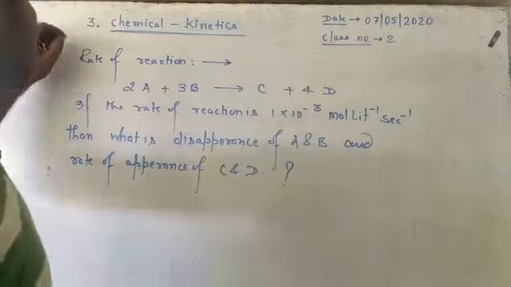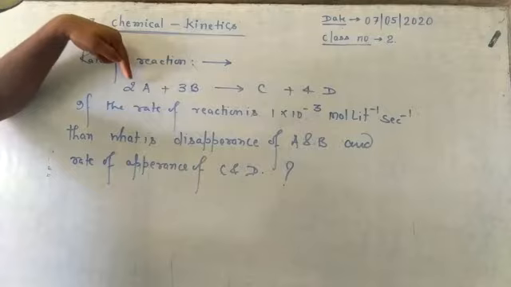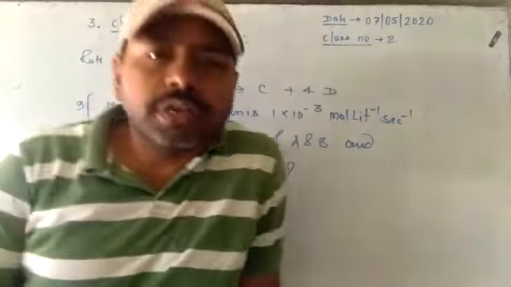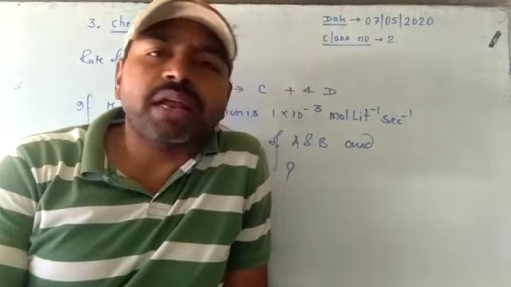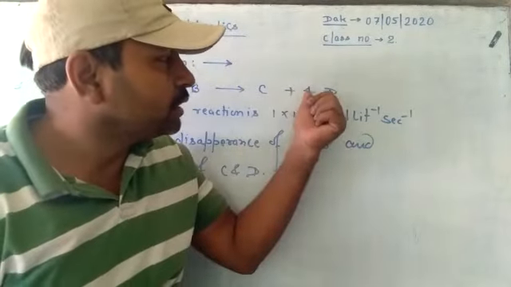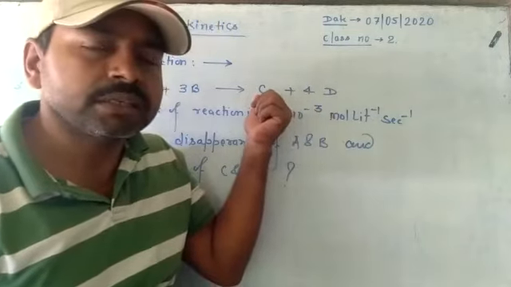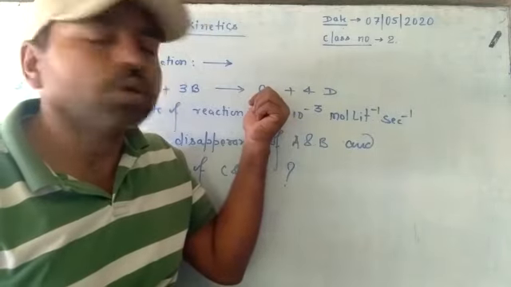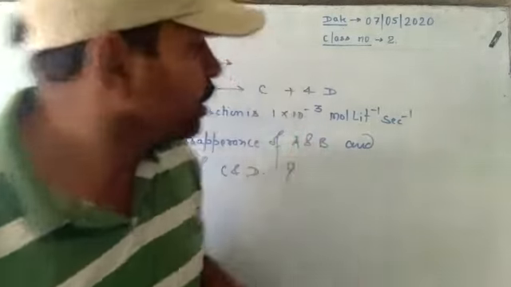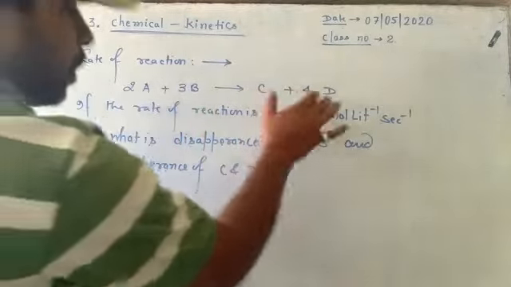Students, this type of question is solved by writing the rate of reaction initially. In the previous class, we learned how to write the rate of reaction. If a coefficient is present, it is taken in the denominator, and if a coefficient is not present, it is not taken in the denominator, because 1 by 1 is taken as 1. Initially we write the rate of reaction for the following equation.